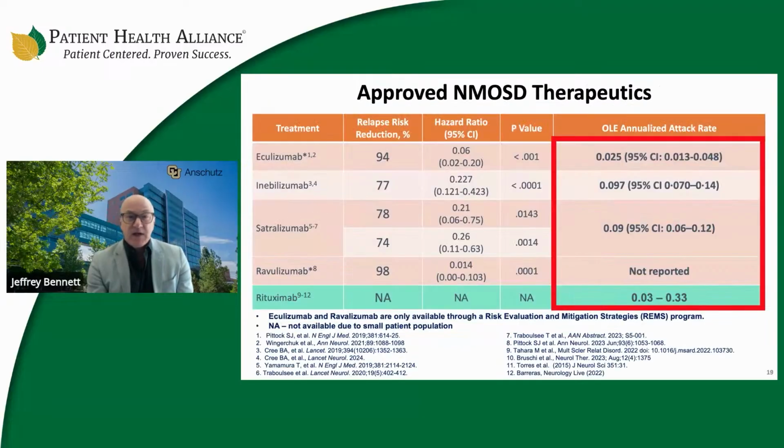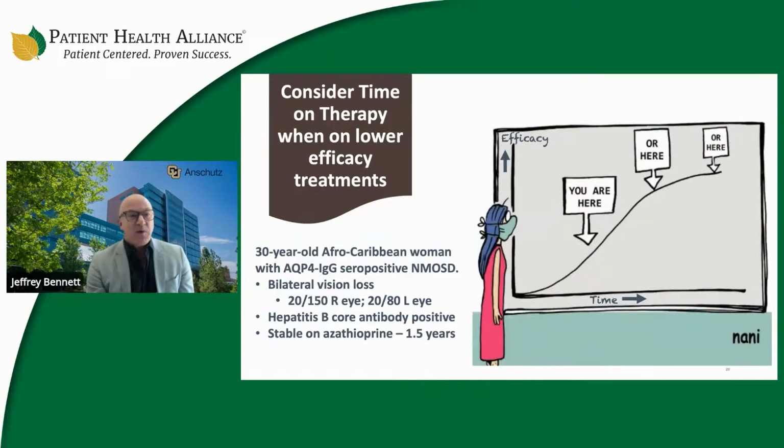For that reason, you can look at our highly efficacious approved therapies and see that the attack rate in the open label extension of those trials is roughly 5 to 10-fold lower than observed with those immunosuppressive agents. And so for this reason, when I think about switching patients who might have been started on low efficacy therapy, I think that decision to switch, in my mind, is based solely on time,